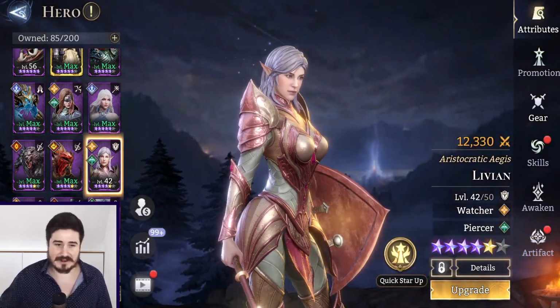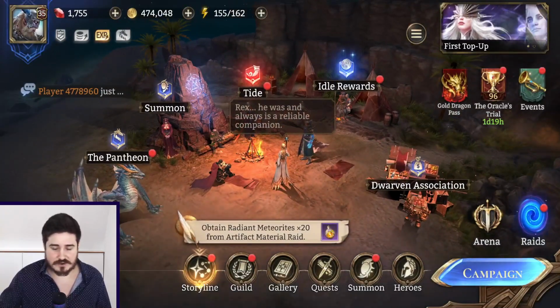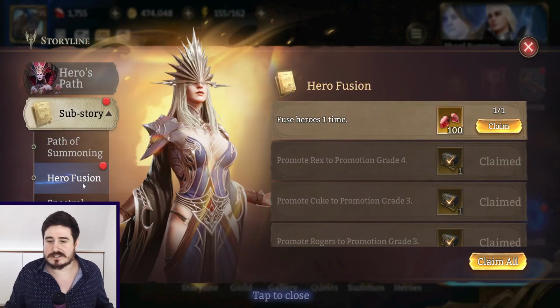So I guess she's not who we're gonna be ranking up. I totally forgot about that, but no problemo. Let's quickly go over here to the storyline. Yes, the sub-story quests. You see here, you kind of have to fuse Livian, or it'd be strange not to,